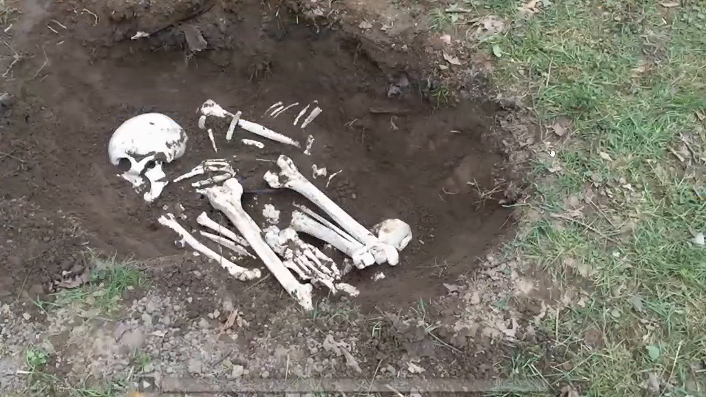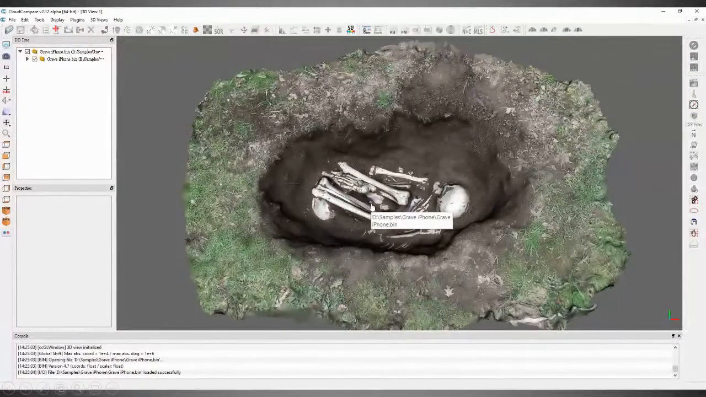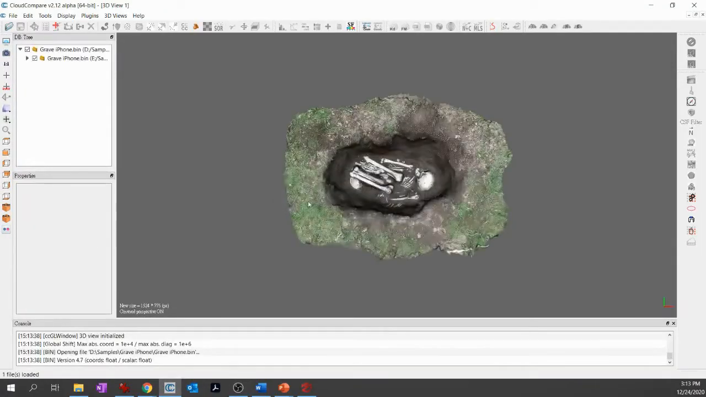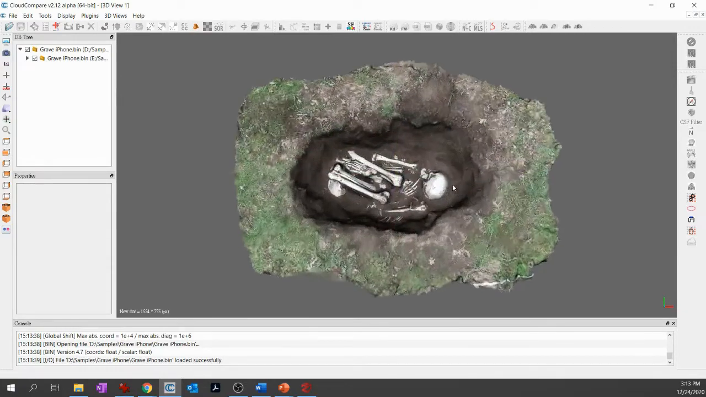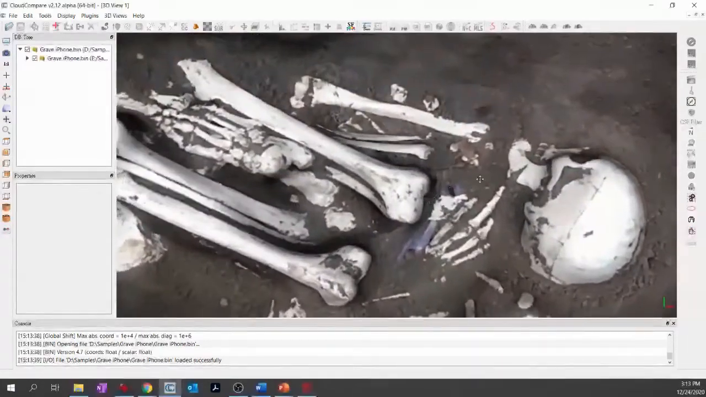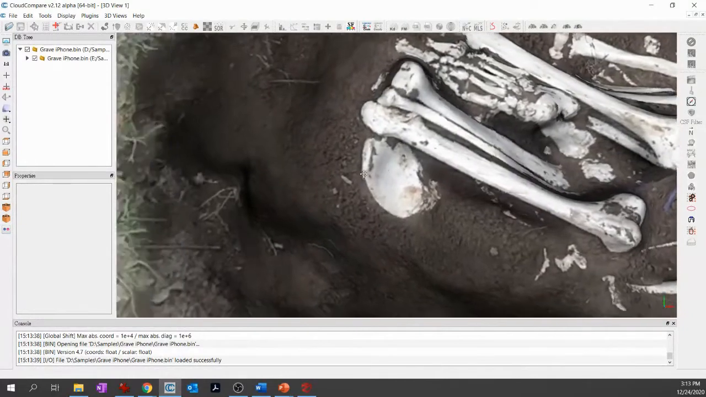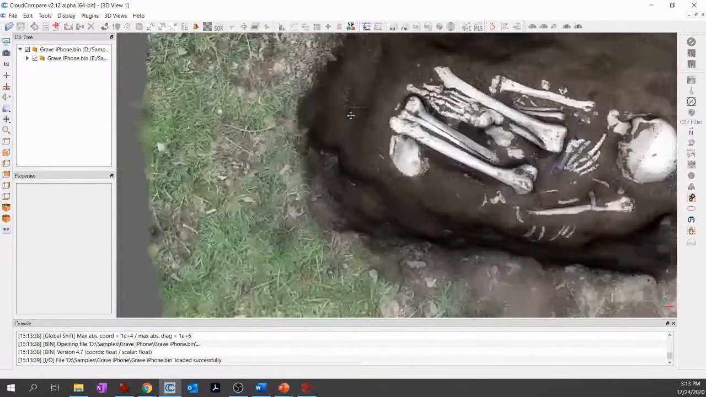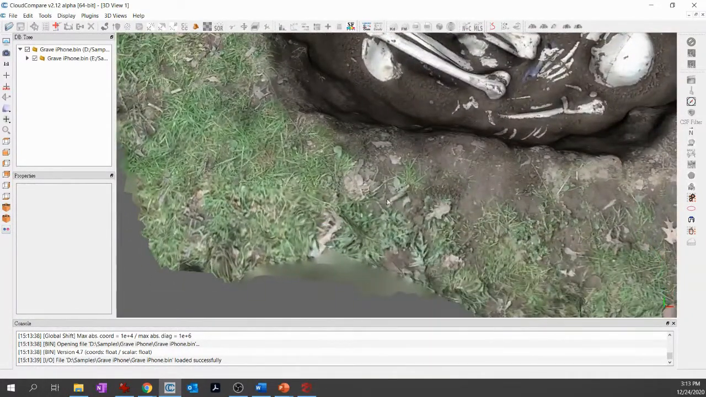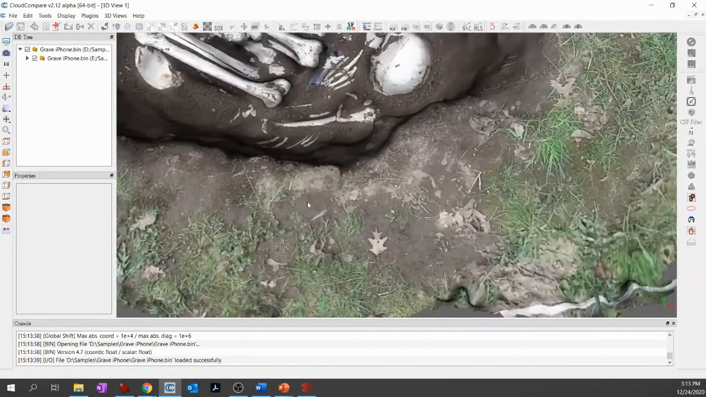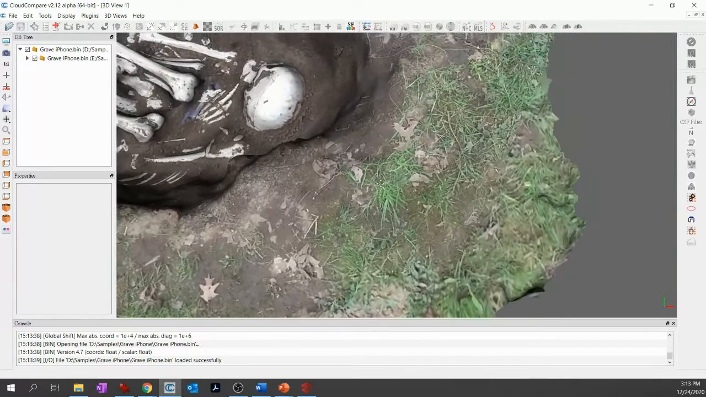So let's go back and see if we can get into the model. So I'm going to open this up again in Cloud Compare. And there we go. So this is the resultant model. And I would say this is not a bad model at all. We have pretty good details here, because as I'm moving the camera around at a higher frame rate,